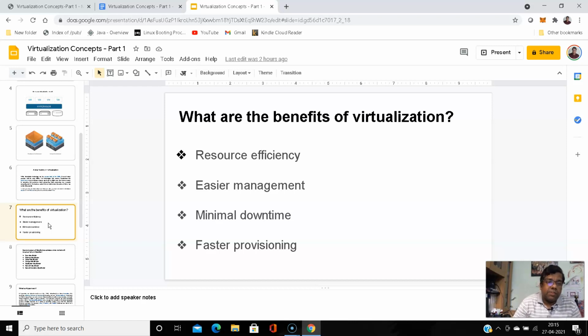So in a physical box, if you are running one application that is using 10% utilization, around 90% of the resources are lying idle. That's a big waste. If the resource consumption of the application goes up to 50% or say 60%, we still have sufficient resources left that could be utilized for other purposes.